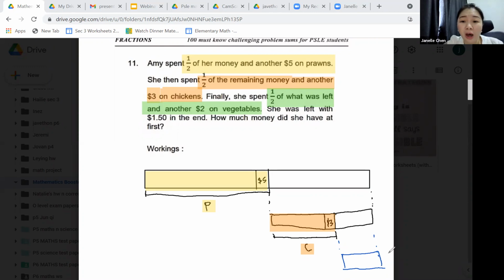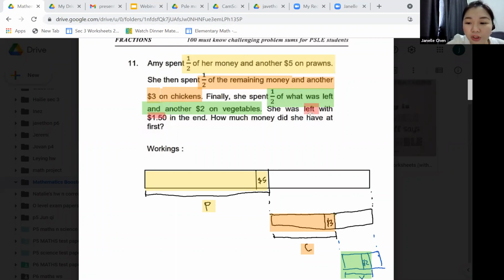She's going to spend half again. She's going to spend half of this one, and then another $2. So same thing, my $2 is going to be cut from the behind. So cut another $2 on vegetable. So here until here is for vegetable. So I'm going to highlight here, this whole thing equals vegetable. And then what else? She is left with